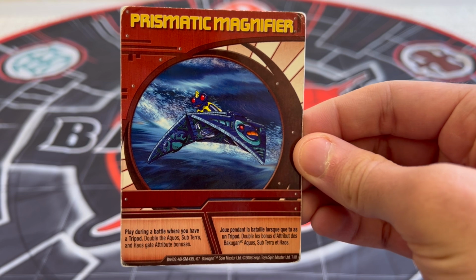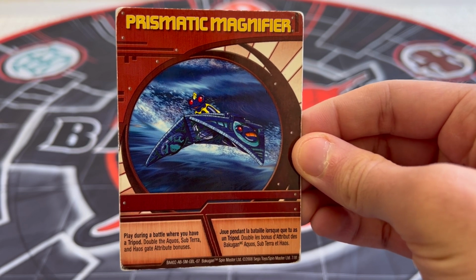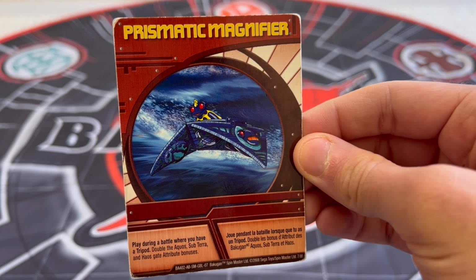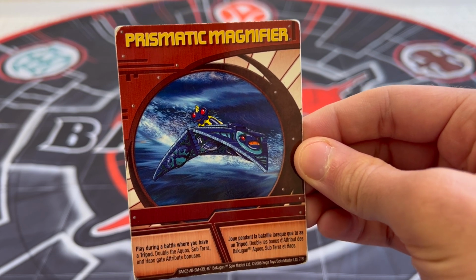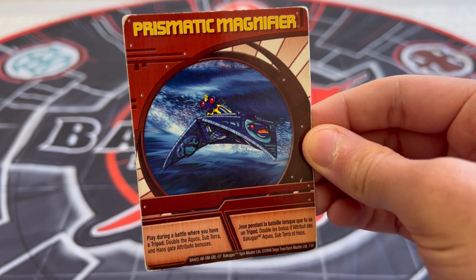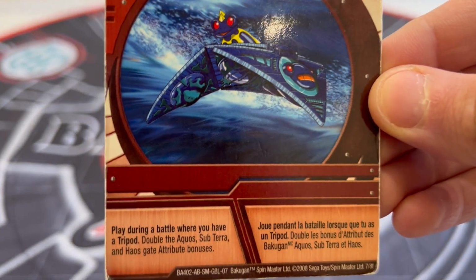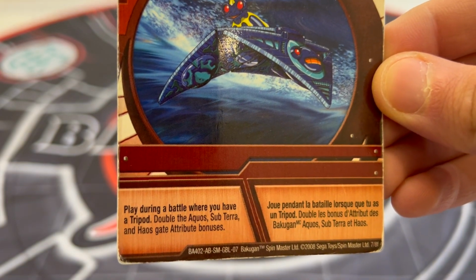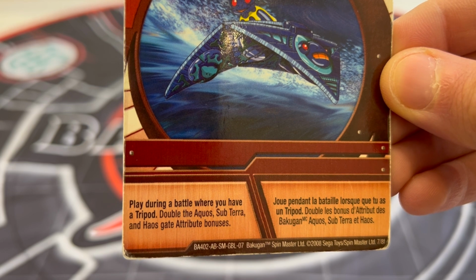and it is a great card to give you a double G power boost during battle. This is also great as you are also able to change your attribute because of the trap itself, therefore being a very beneficial card to be played on your opponent's gate card. As the rule says, play during a battle where you have a tripod, double the Aqueous, Subterra and Chaos attribute